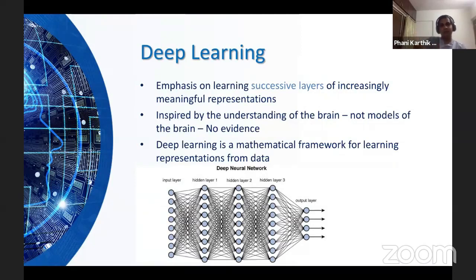This particular thing is called a fully connected representation, meaning every node in one layer is connected to all the nodes in the next layer. Meaning every node in one layer is affecting or getting transformed somehow into the next layer.